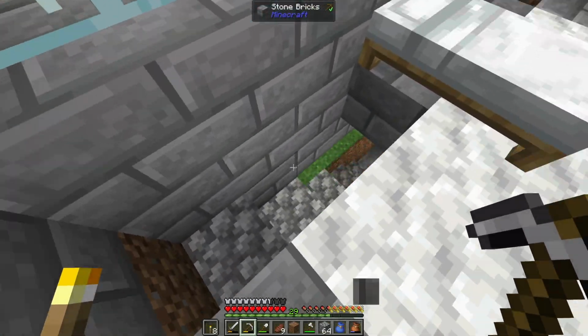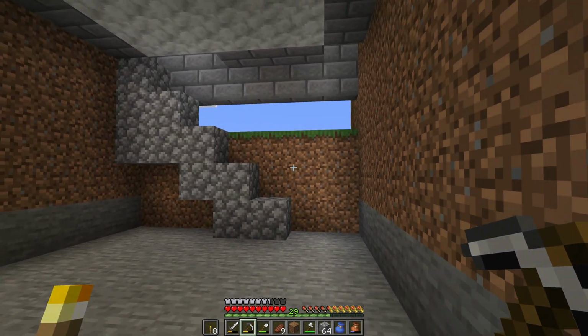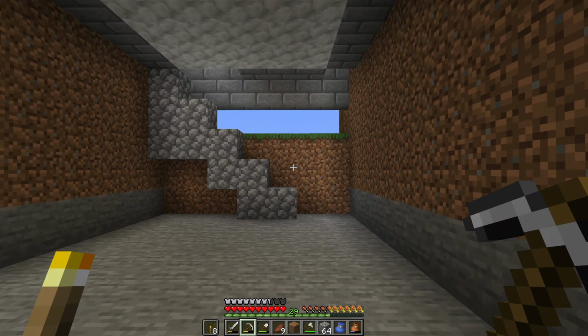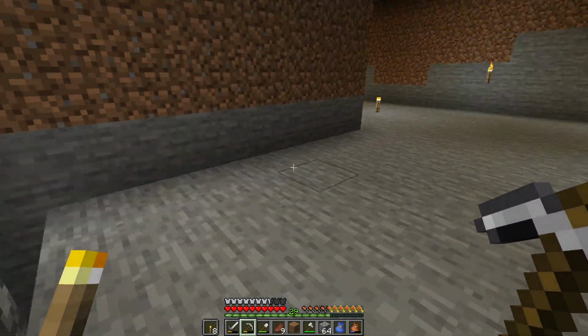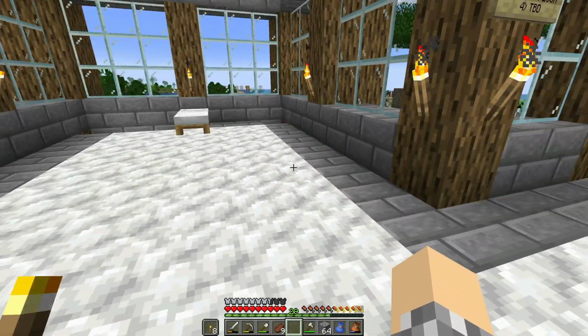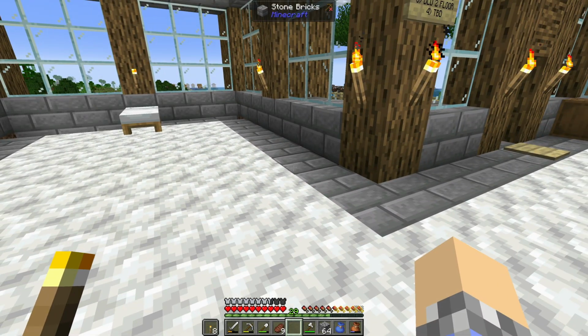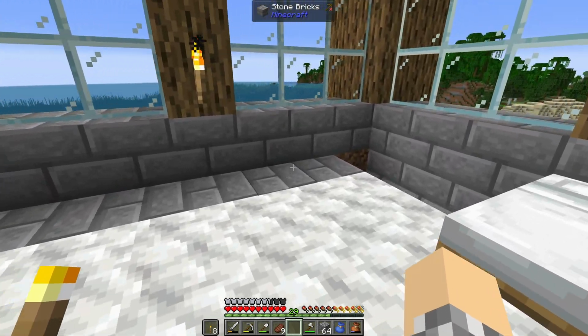Up to like 7. So, do the walls in here need to also be raised up to about 7? Possibly? Maybe. I'm going to relocate these brewing stands over here for now, because the way I see this working is that this entire segment here is going to be taken away,